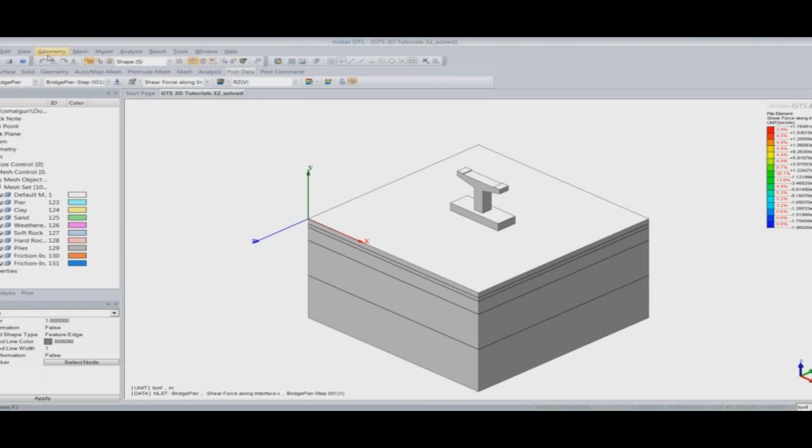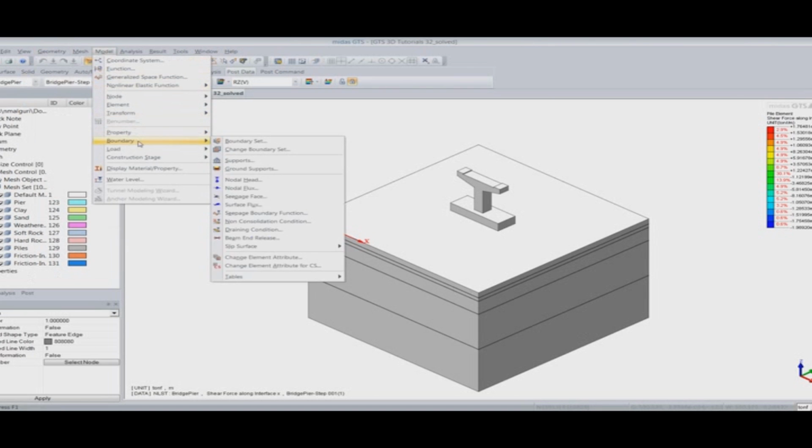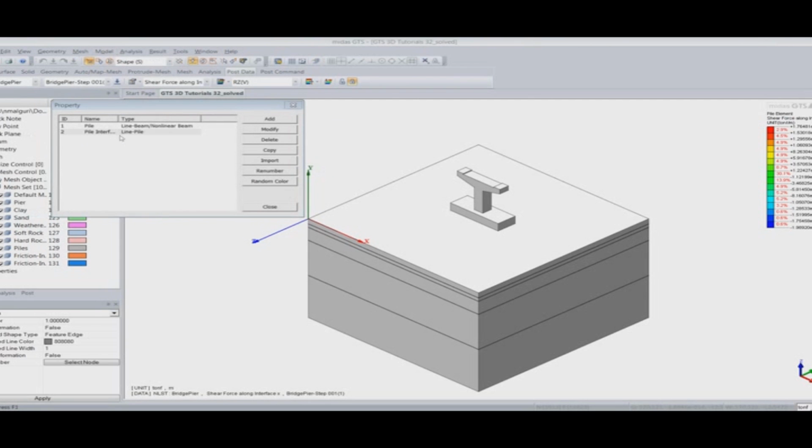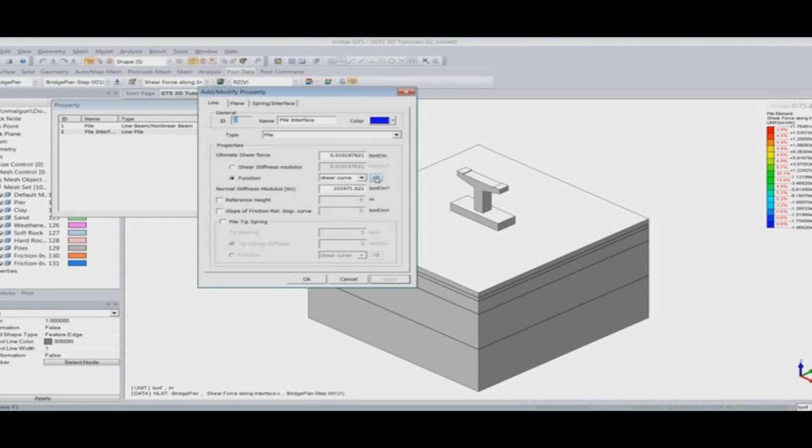And if I go to model, property, so let us see the shear curve. So this is how, sorry,